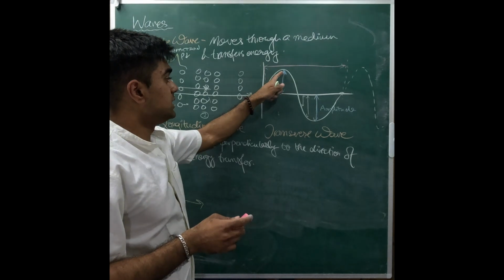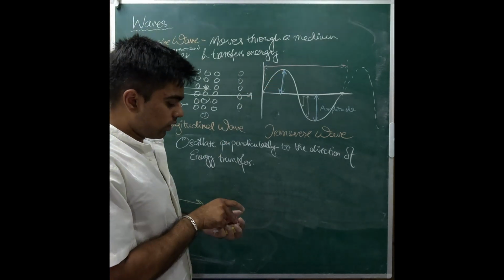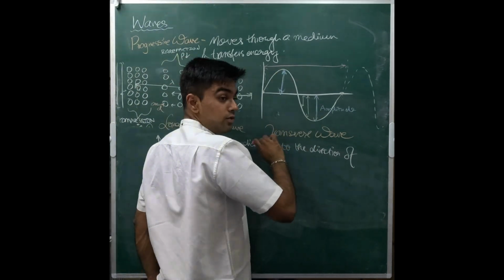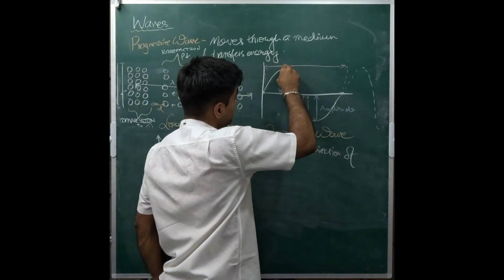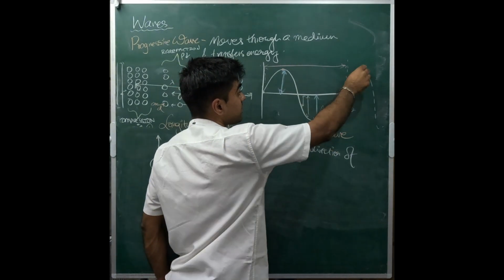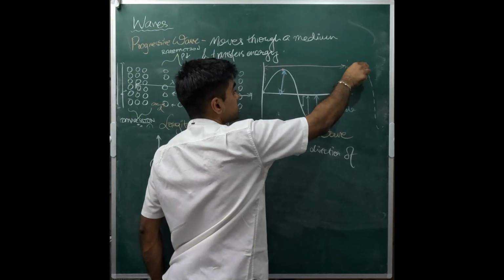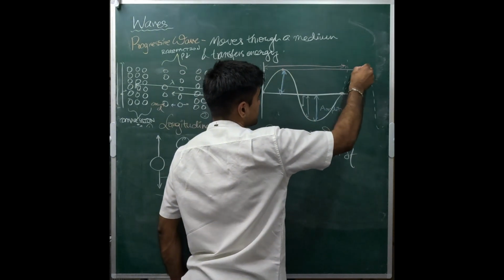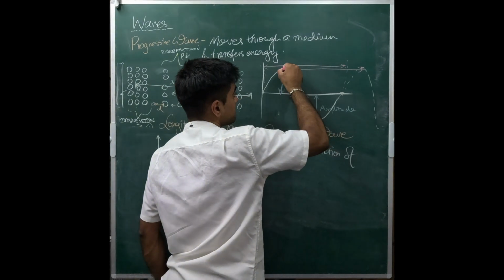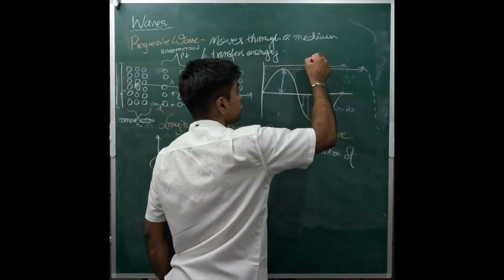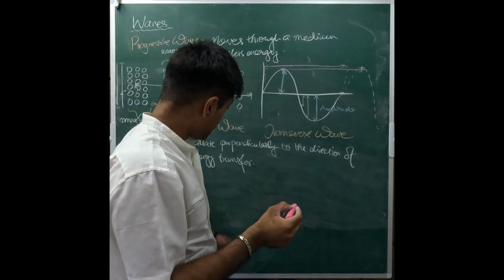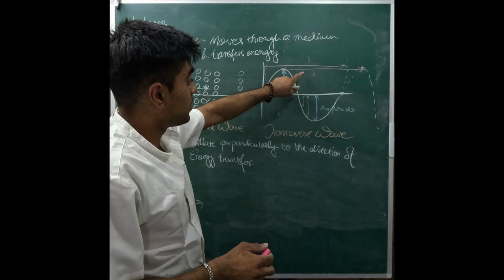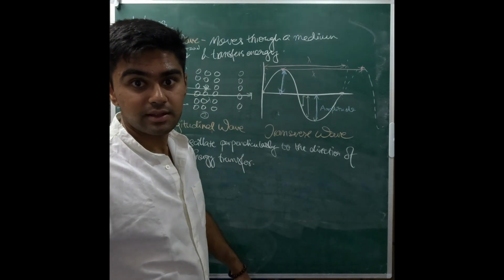What if I don't want to use that point? What if I want to use the tip? Now, a lot of students get very confused here. What they'll say is from here to here. No, that's wrong. The wavelength is the adjacent point on the next wave. So the next wave, the same point will be the crest. So this is also one wavelength. That's one wavelength. So essentially now we figured out how we find the wavelength and the amplitude.